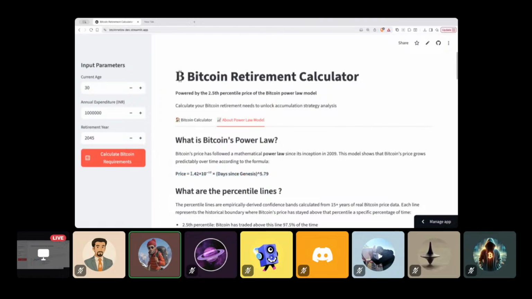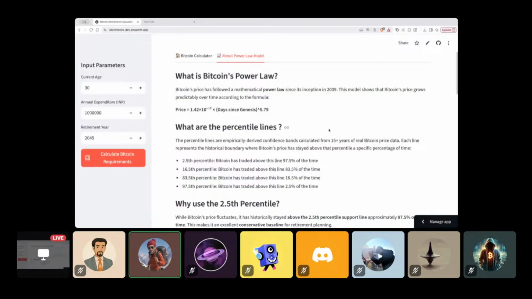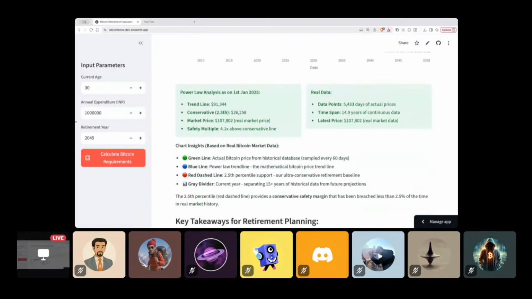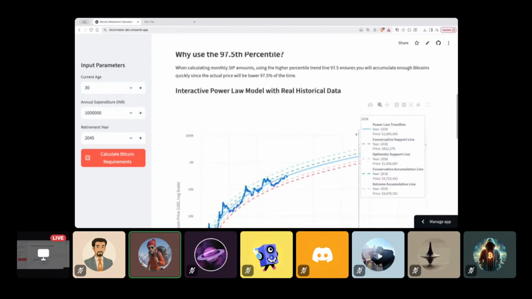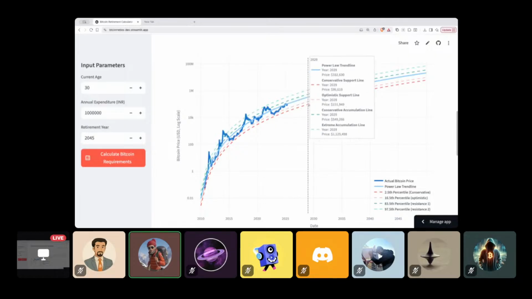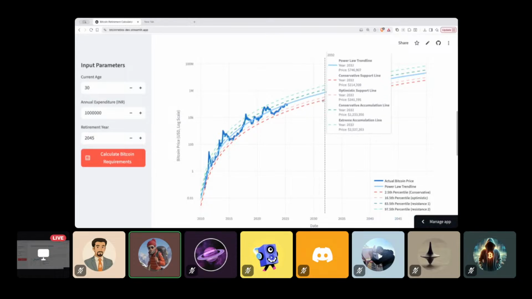It's just a constant multiplied by the days since genesis raised to some power. So this is the power trend part. I have given a brief explanation of what these percentile lines are. You can check them out in the app. We have used this bottommost line in order to make very conservative estimates as to how much BTC you will need, and